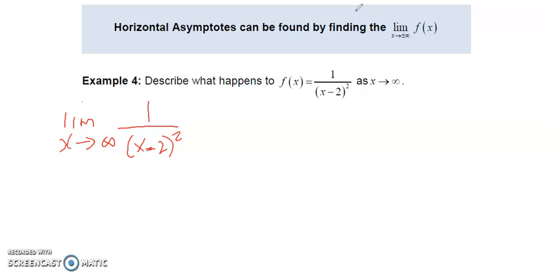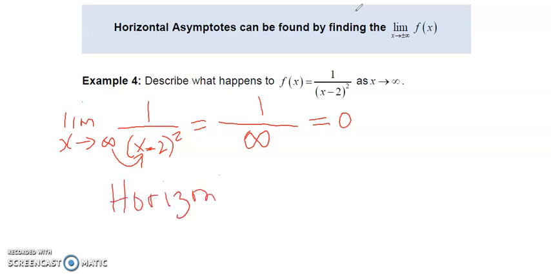Remember, you just use direct substitution. You see what happens. If you get anything that's reasonable, that you know the result, well, that's your limit. That's exactly what happens. So if you just plug infinity in there for x, you're going to get infinity minus 2, well, that's still infinity. Infinity squared, by golly, that's infinity as well. Now, you saw this back in unit number 5. 1 over, or any number over an incredibly large number, well, people, that's going to 0. So there is a limit here. The limit is 0. And so in that case, you know that there is a horizontal asymptote at,